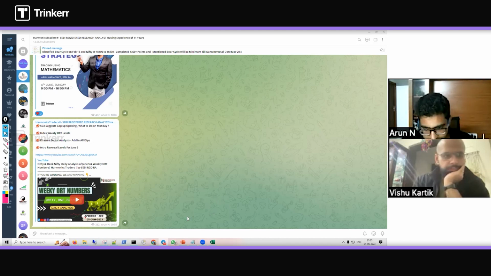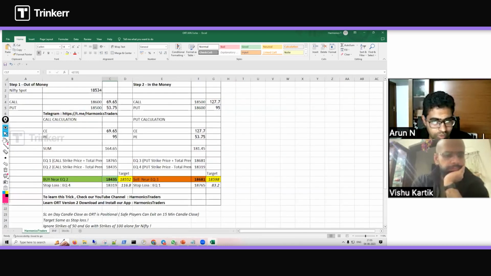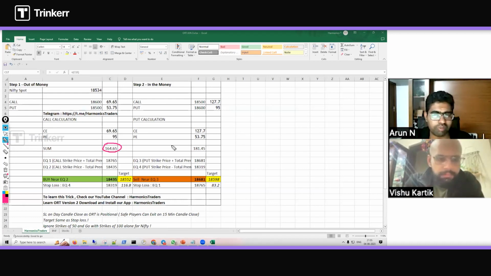Also, we have something called ORT V2. Based on these values, you just take the next value and subtract it from this number, and you have the second ORT buy. So what if tomorrow there is a huge gap opening outside 18,765? In those cases, you add this number 181 to this number,